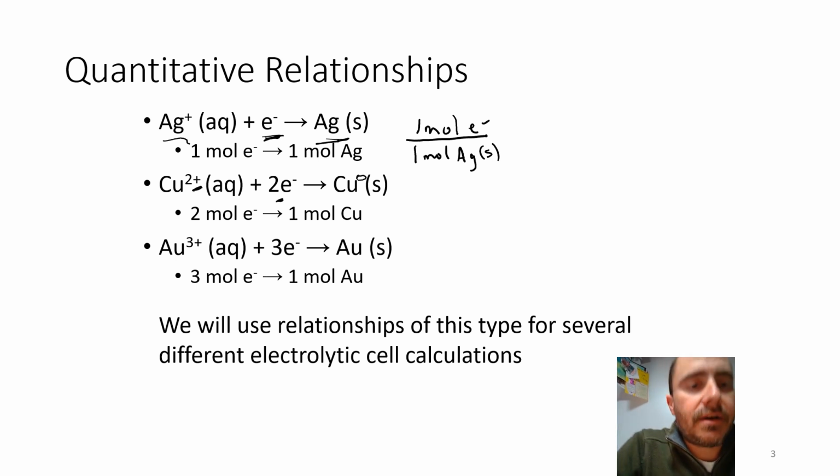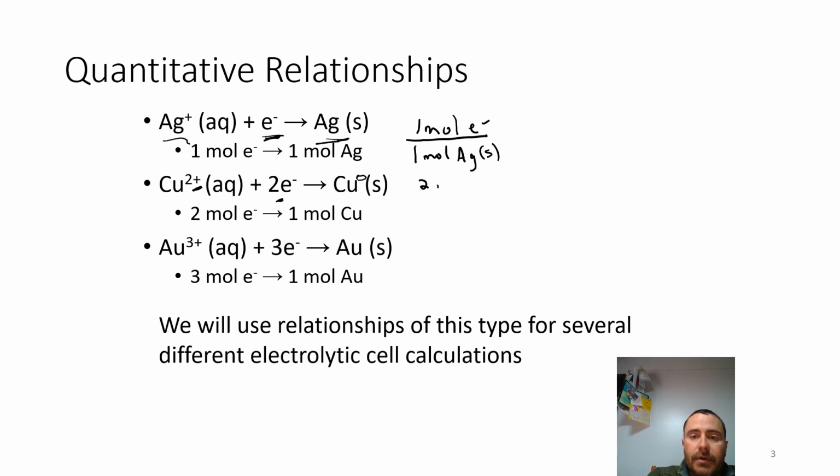Right? Well, if we've got our copper 2+, and we have a mole of copper 2+, it's going to take 2 moles of electrons to produce 1 mole of copper. So we're going to need 2 moles of electrons per 1 mole of solid copper produced, and so on. So if I need to know the number of moles of electrons in order to produce 1 mole of solid metal,